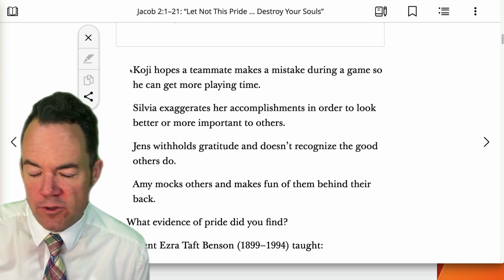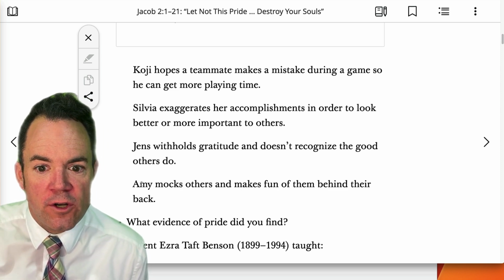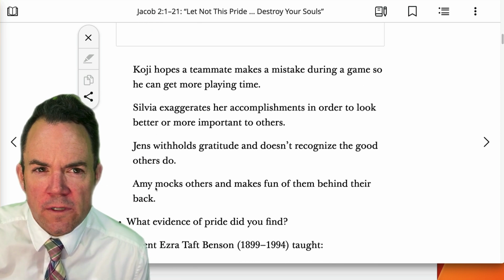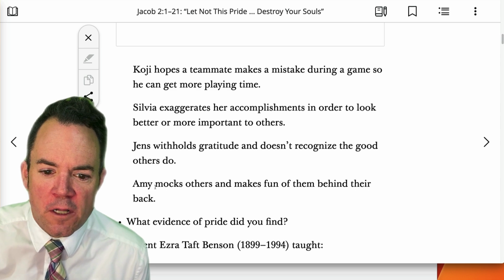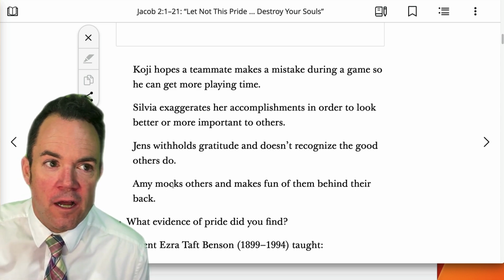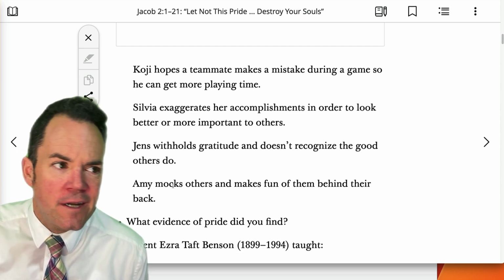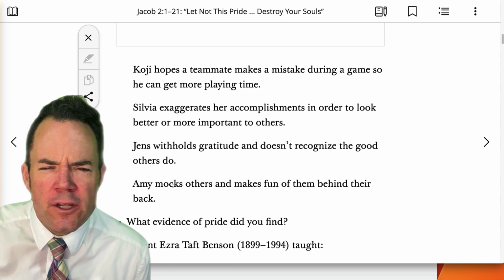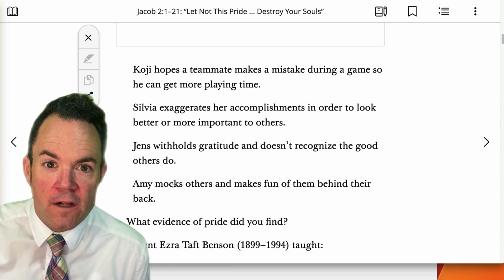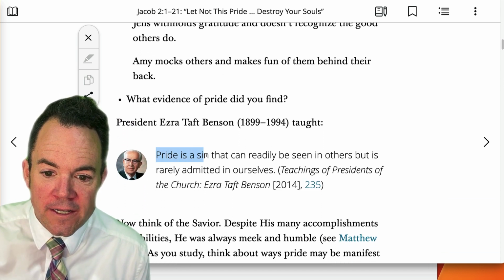You can read these on your own, but as the students go through, you change the question away from "look for evidence of pride" to "what's the problem? What's common amongst all of these different stories?" Then they could talk about pride, arrogance, overconfidence, ingratitude, any number of things, and then have a discussion about what's really at the root of all of these things. And then you can hit them with this great President Benson quote: